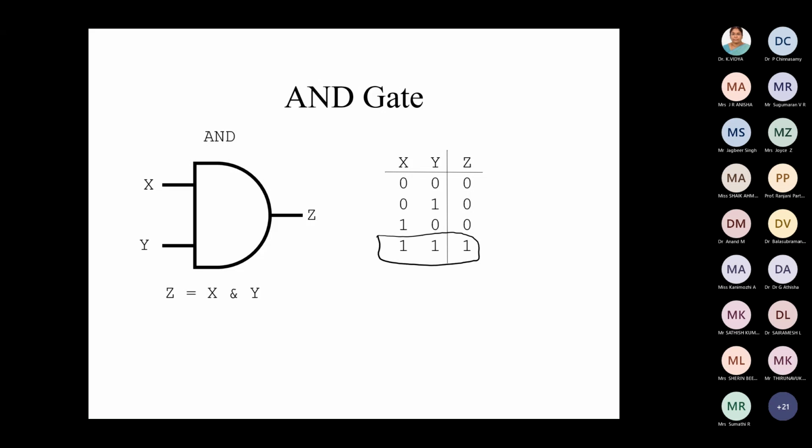So if I ask you, is this gate invertible? Means can I go in the reverse direction? Seeing this Z, can I tell about X and Y? No, sir. Because this gate is not reversible, we cannot go in the reverse direction. Seeing this Z, we cannot tell what the inputs X or Y are, nor does there exist any other gate which can invert this AND effect and get us to X and Y.